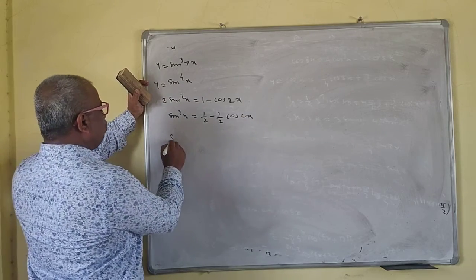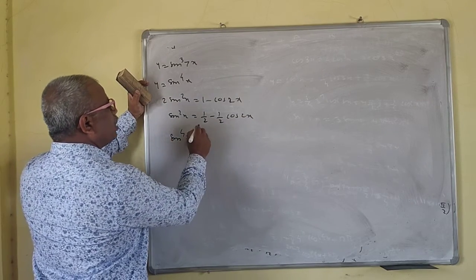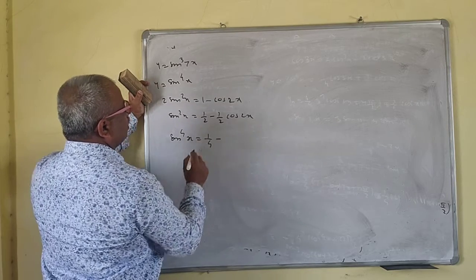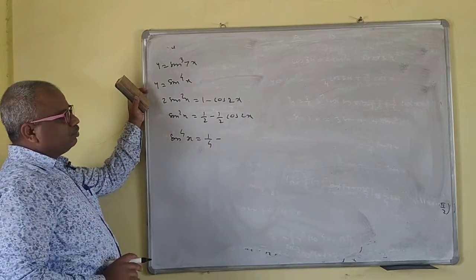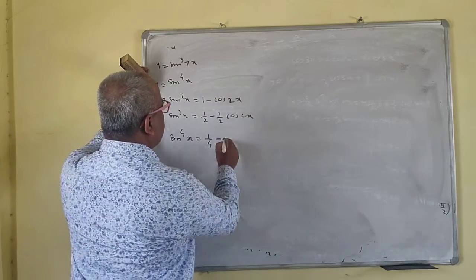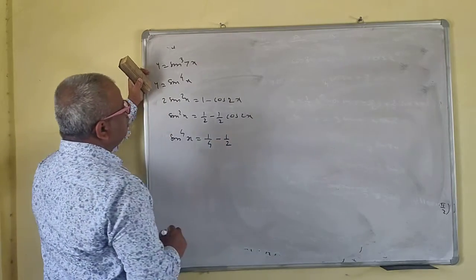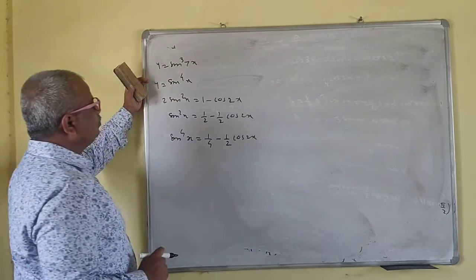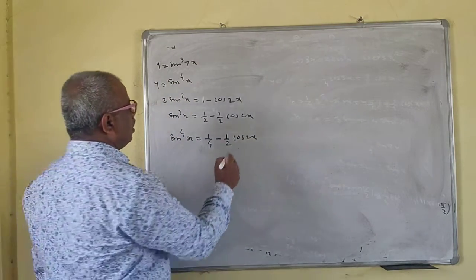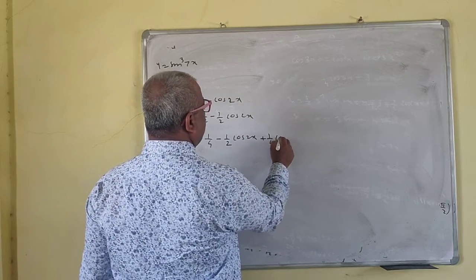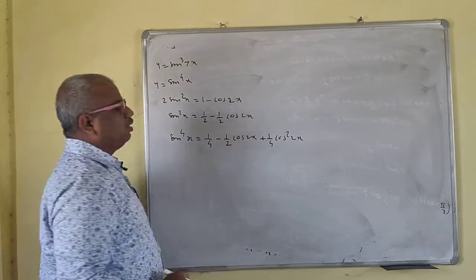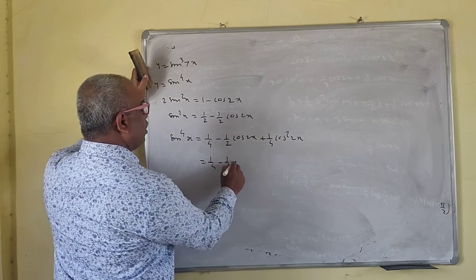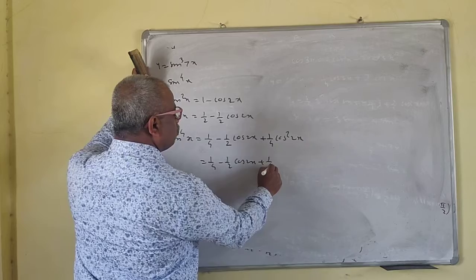Now you want sin to the power 4. Sin to the power 4 means you have to take the square of this one. So this is 1 by 4 minus, you have to do the product of this one, so 1 half then multiplied by 2, so cos of twice x, then plus 1 by 4 cos square twice x. Now you know the formula for cos square twice x. This is 1 by 4 minus 1 half cos twice x plus 1 by 4